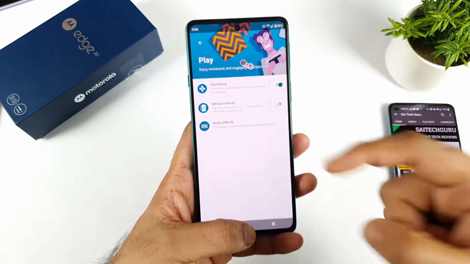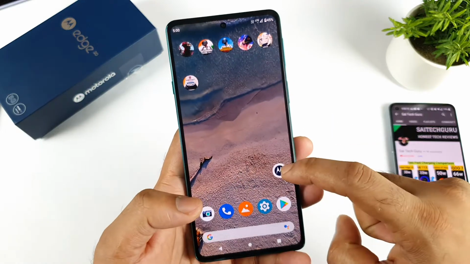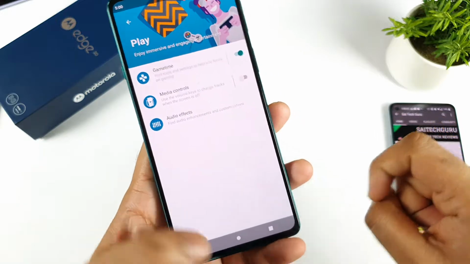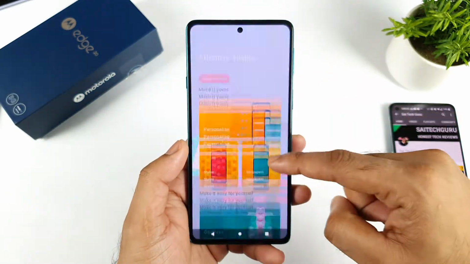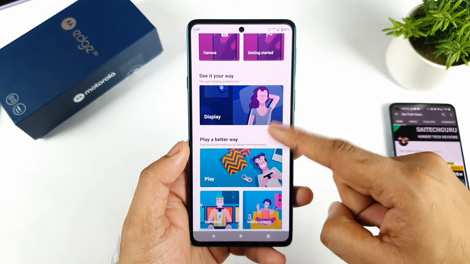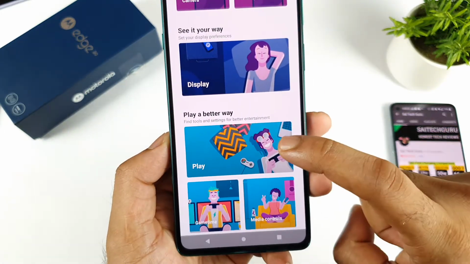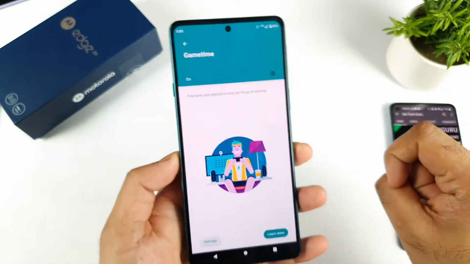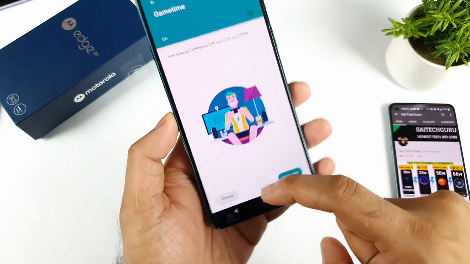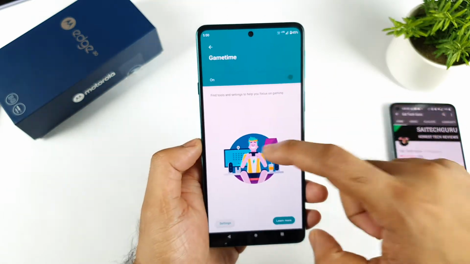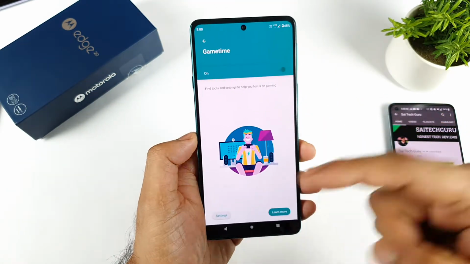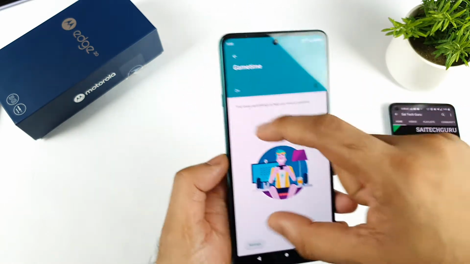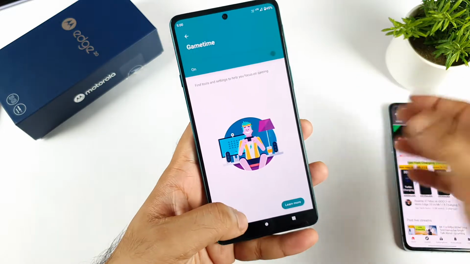First, if you want to find this Game Time option, you need to go to the application called the Moto application, which will be installed on your phone. Click on the application, and once you do, you'll get this kind of menu. Scroll down and go to the option which says Play. Click on Play and then click on Game Time. Now you'll get this menu, and you need to click on the settings option. I'm not sure why they kept everything empty here. Instead of going to the settings option, they could have added the settings right on the outside itself, just saying, but still.